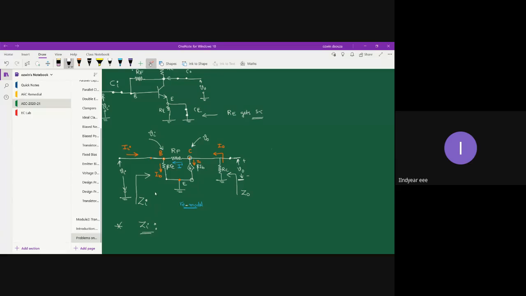Now the input impedance Zi cannot be judged as just beta re, because with beta re, you also have RF connected. When you look into the network, it is pretty obvious that beta re and RF are neither connected in series nor in parallel. So you have a kind of peculiar arrangement of resistance. In order to find Zi, we have to apply a circuit analysis technique. So we will try to apply nodal analysis